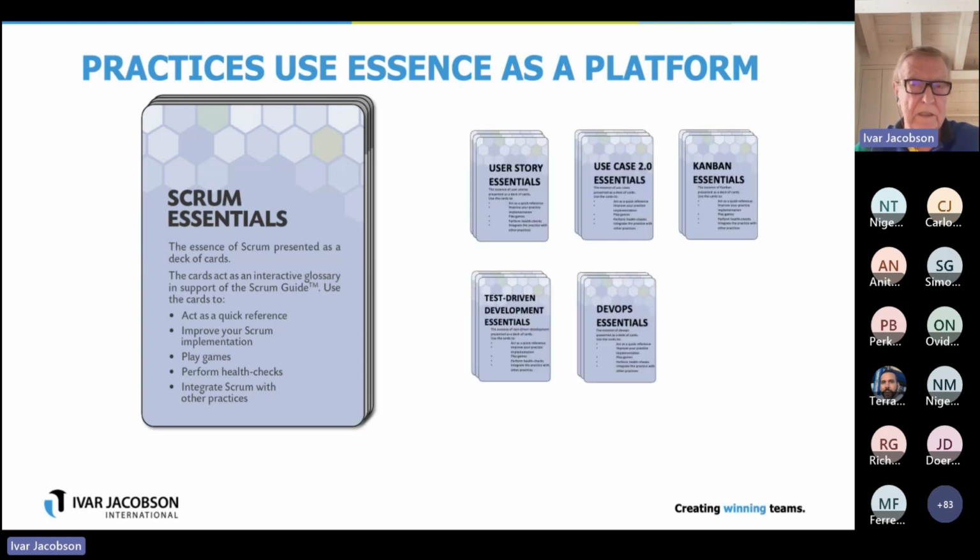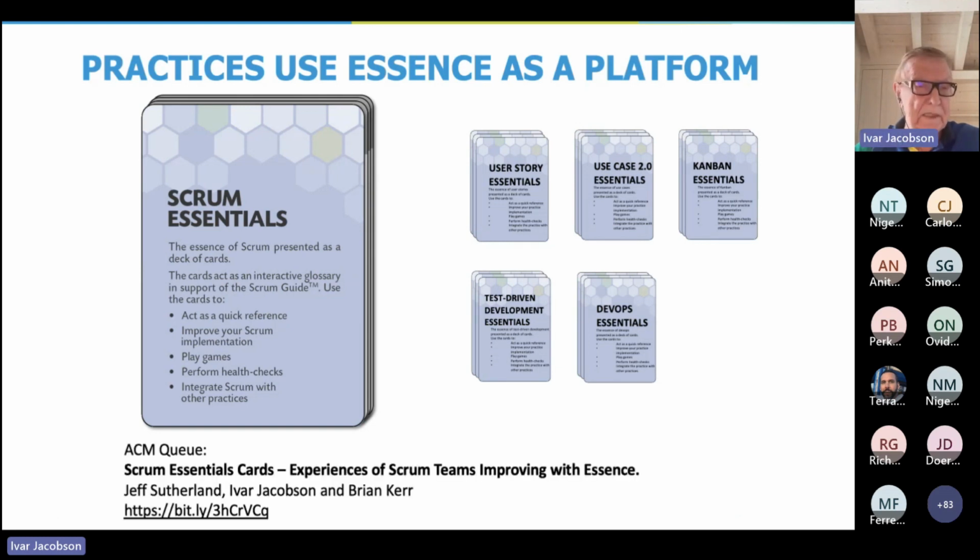So here I show five other practices that are essentialized: user story, use cases, Kanban, test-driven development, and DevOps. And you integrate this into a method. That can be done thanks to the way the Essence language is designed. There is a paper on this written by Jeff Sutherland, and it describes experience of using Essence